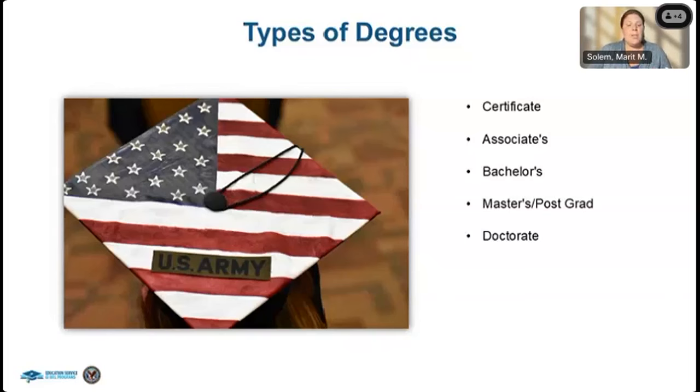The next type of degree that you can obtain is an associate's degree. Generally, associate's degrees require 60 hours of training and 2 years of full-time attendance. After the associate's degree, we also have a bachelor's degree. That's typically going to require 120 credit hours of training and 4 years of full-time attendance. And the bachelor's is going to be required if you plan on attending a graduate or professional degree.